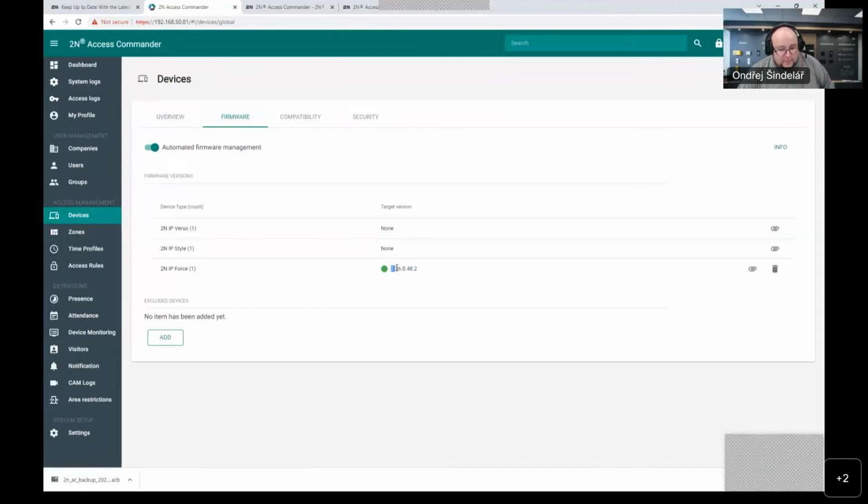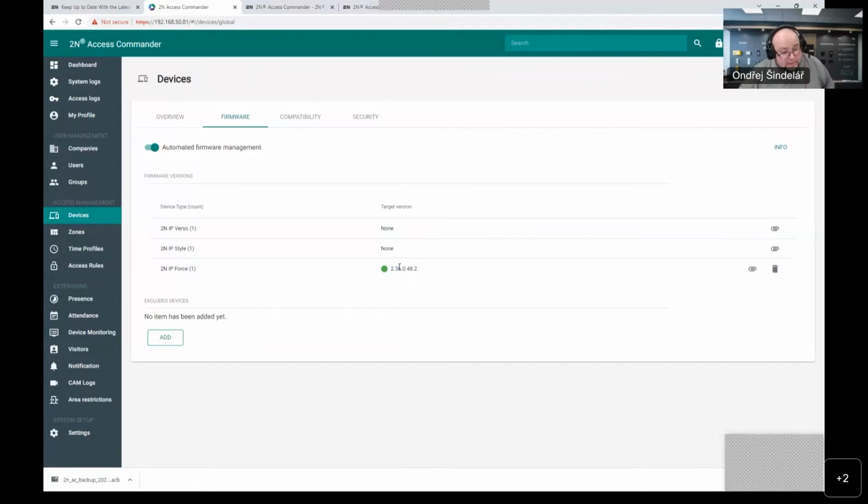So if you keep 236 and you get a new device with 237 in the future, for example, this device will never be able to go below the version it has been manufactured with. So it will give you here an error that one device failed to upgrade, downgrade. Don't worry. It is not an error. You should update your Access Commander and deploy the 237